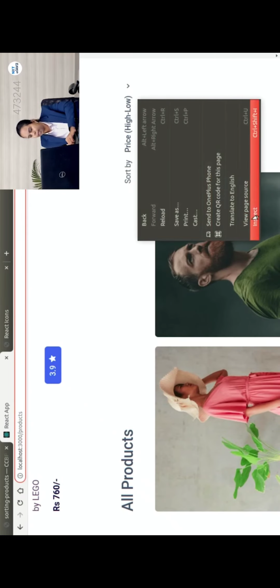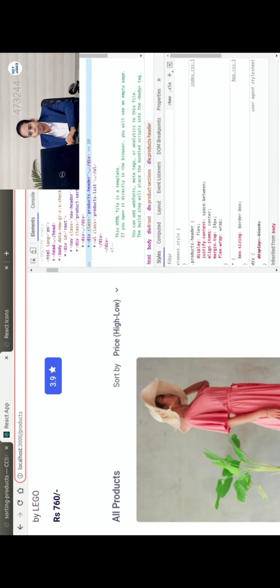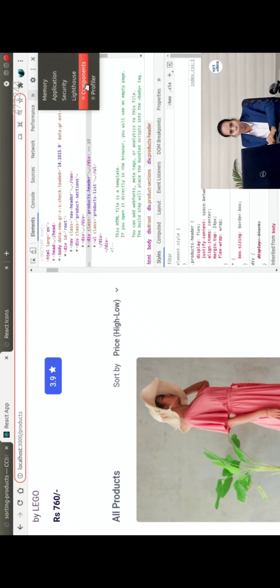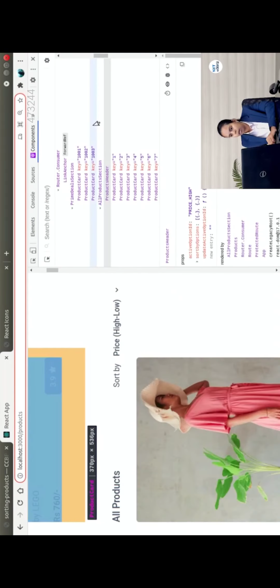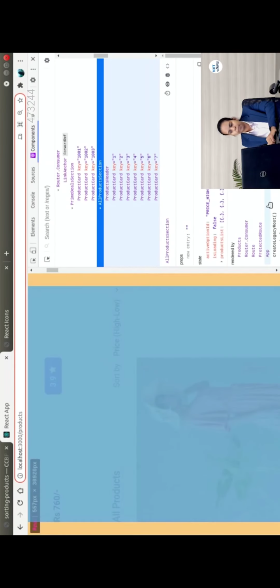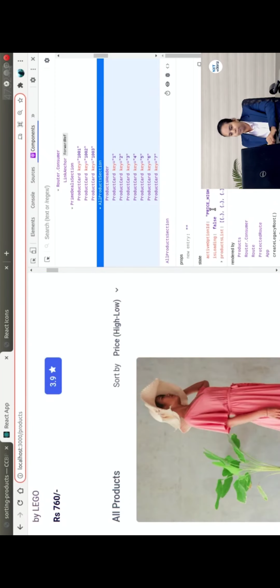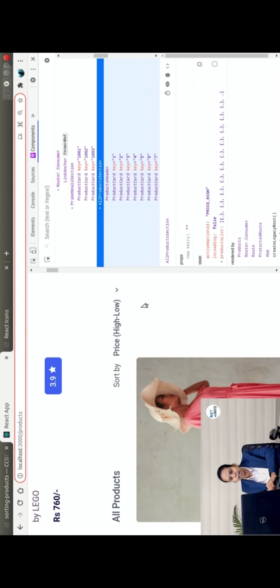For this, let me do an inspect and see whether the state is being updated appropriately or not. You can see there's components here, right? The state of the all product section is generally being updated. So I'm selecting the all product section here. You can see that this is the state. Currently it's price high, right? Let me change the drop down selection. See, I've changed the drop down selection and the active option ID in the state has been appropriately updated as